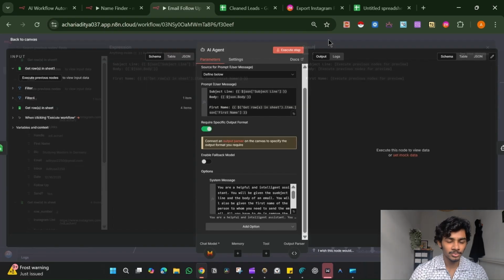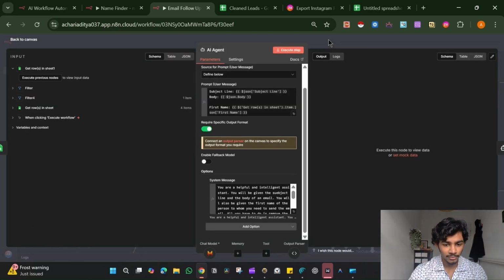Okay, I hope this is not getting too confusing for you guys. Then what you want to do is turn this thing on, because this button will usually be off. Require specific output format, because you want the output to be in a specific format. Otherwise, if you just run this, it will output the answer in a single variable called output. If you guys know JSON,